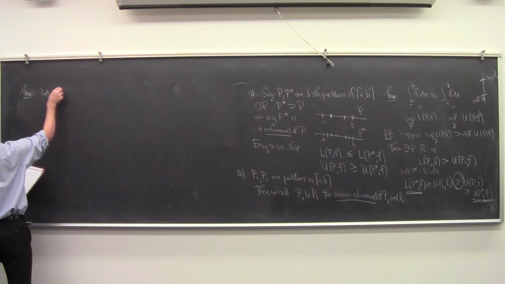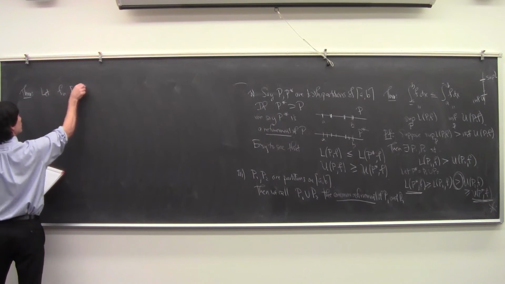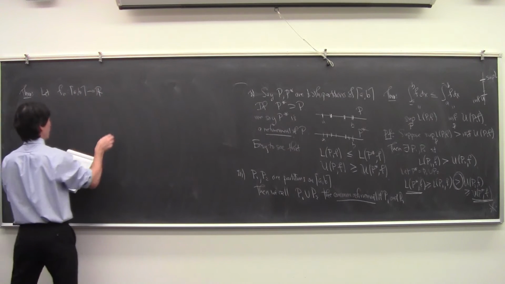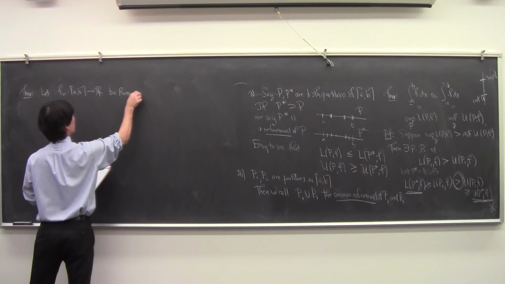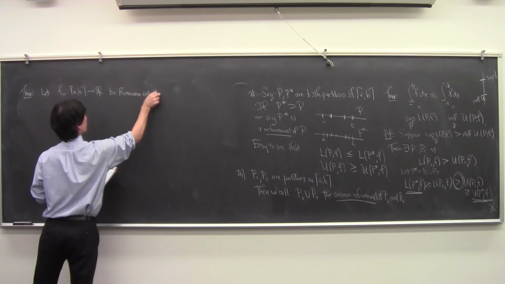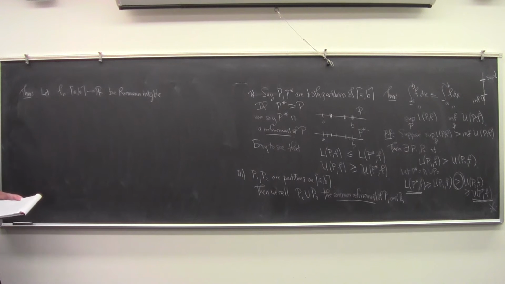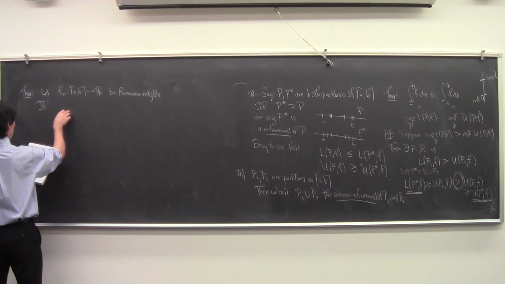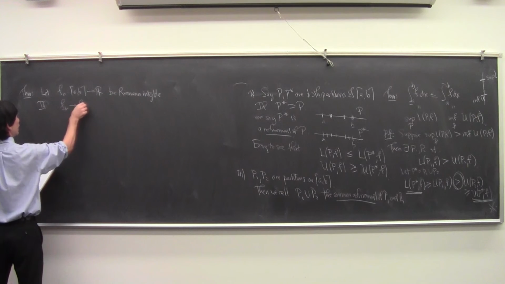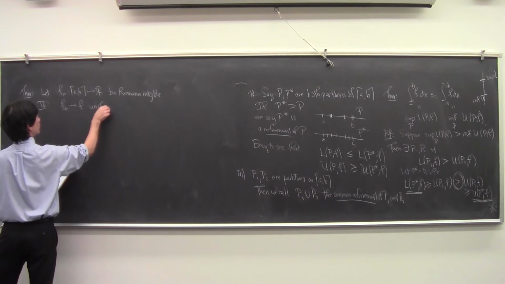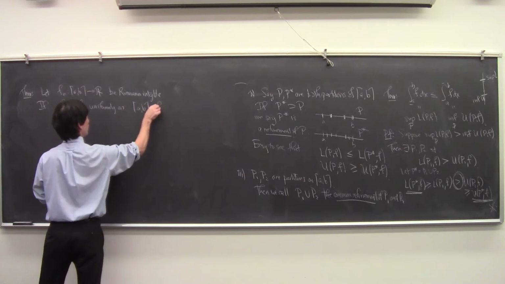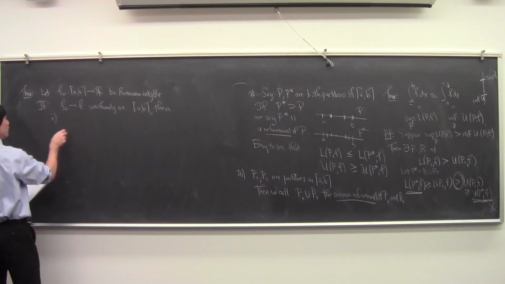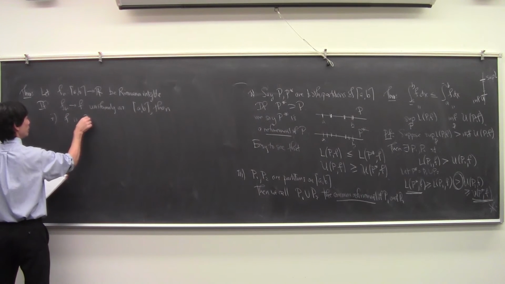So suppose you have a bunch of functions that are all Riemann integrable, and I always abbreviate integrable like this. If f_n goes to f uniformly on [a,b], then f is itself Riemann integrable,